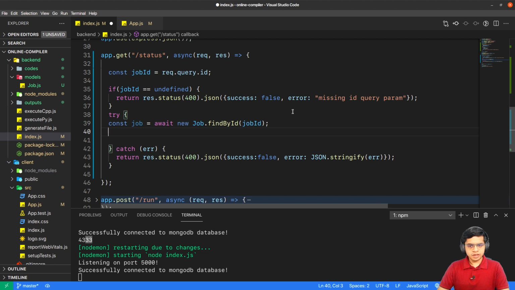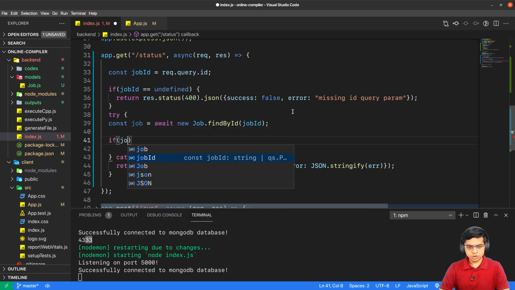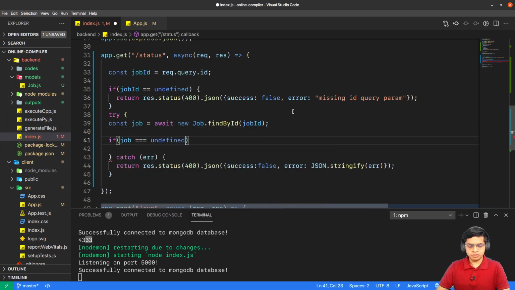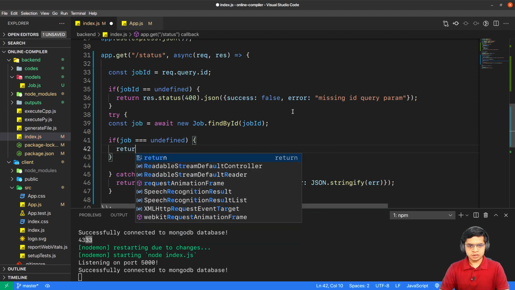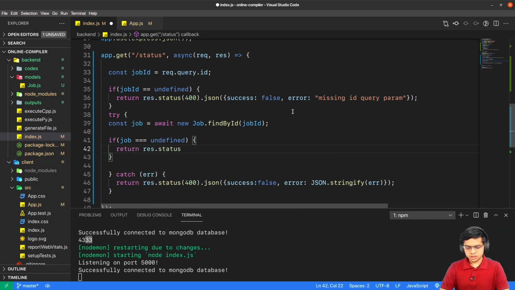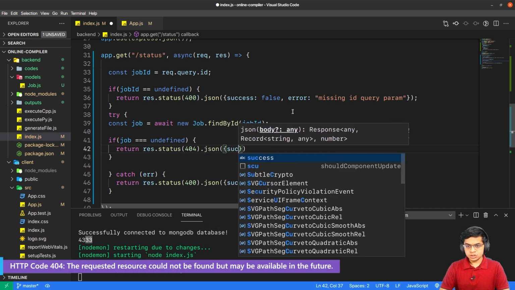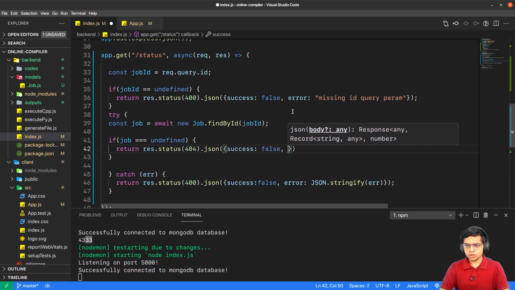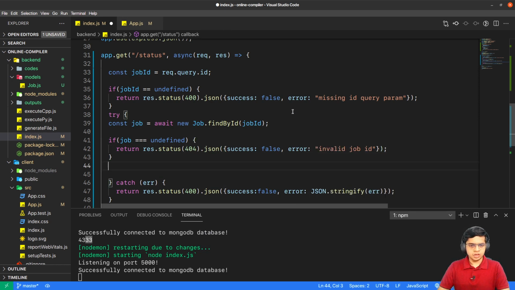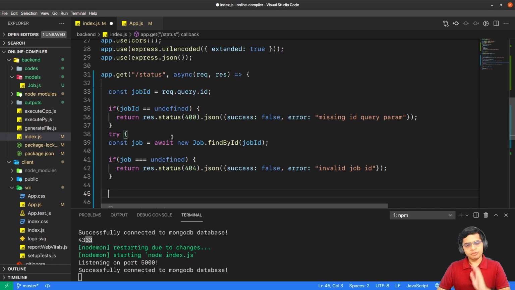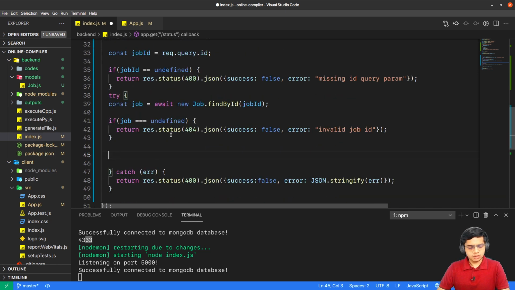And here, if we are not able to find this, so if job is equal to undefined, then return res.status 404, resource not found, success is false, error is, so that we are done with it. Now we are sure that we have this job here in this line.